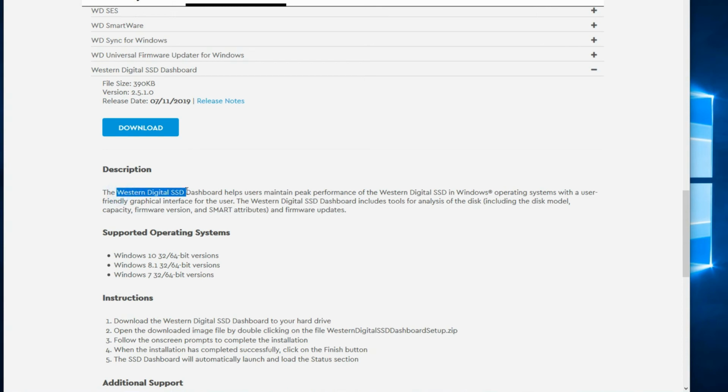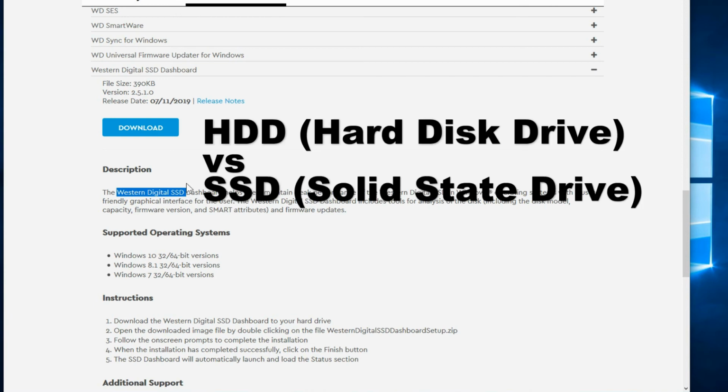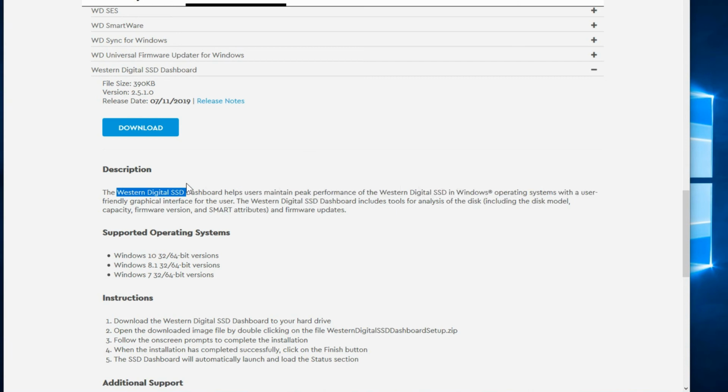So this is to test the Western Digital SSD drives. So if you have the regular Western Digital hard disk drive, you use the tool that I showed you earlier in the video. But if it's a Western Digital solid state drive, you need to get this tool, and it will run similar to how the ADATA one did.